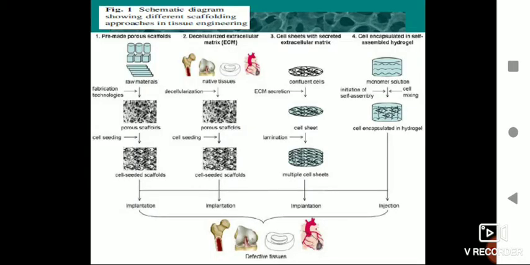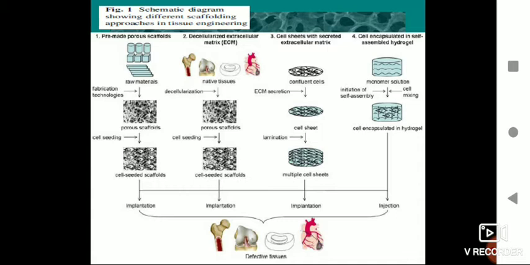Here are the 4 important approaches that are being used for scaffolding in tissue engineering. The first method is where we use a pre-made porous material where you just have to seed the cells, which will proliferate and differentiate into specific tissue. The second approach is where you take a natural tissue and remove all the cells present in it and you get the extracellular matrix alone, which can be used as a natural biomaterial, where you can seed the desired cell and prepare the desired tissue.